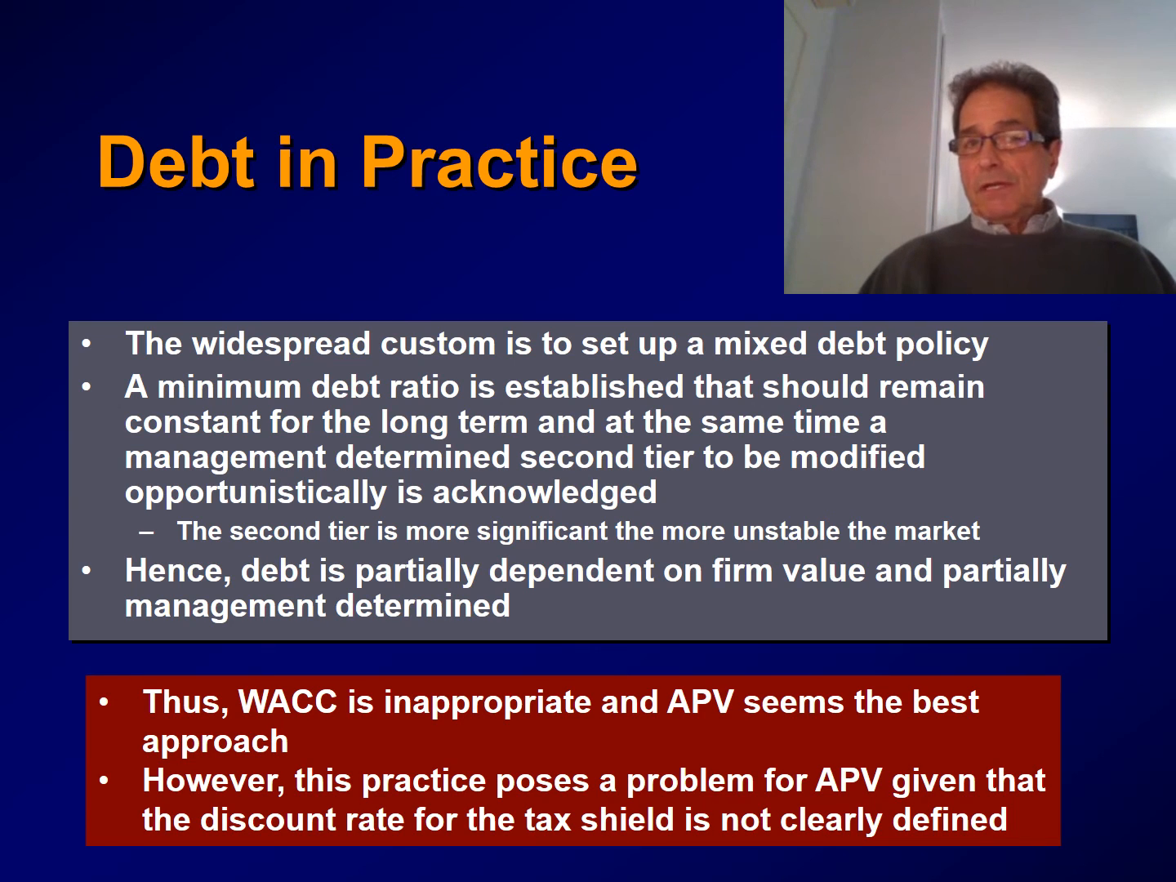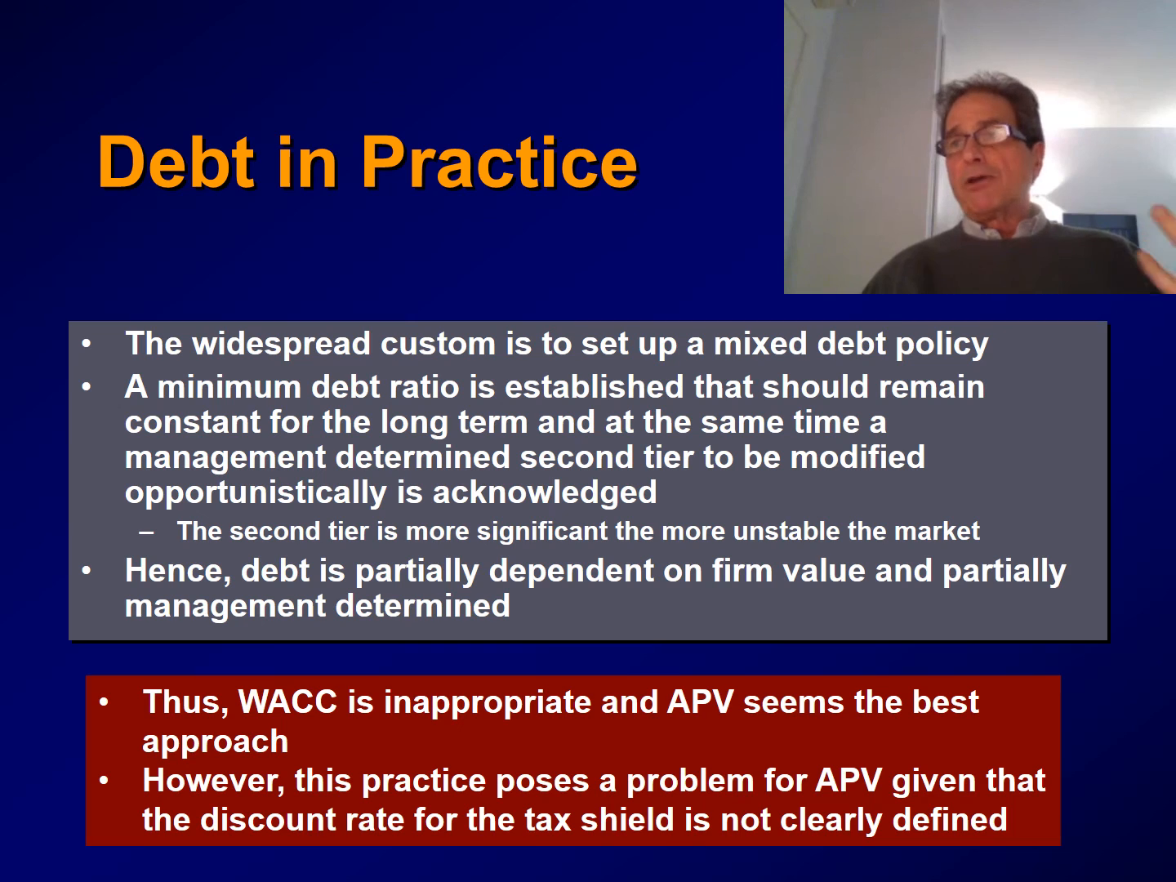So, if this is what happens in real life, then WACC in principle is inappropriate because the tax shield is not determined only by the value of the firm, but it's partially managerially determined. So we should try, in principle, to use APV. However, even if we try to use APV, we have a problem because the discount rate is not clearly defined in this case as well, because again, part of the